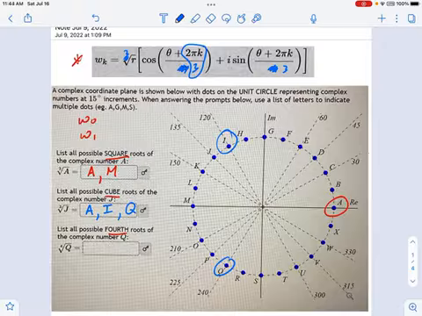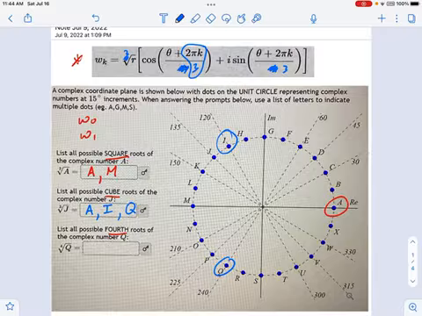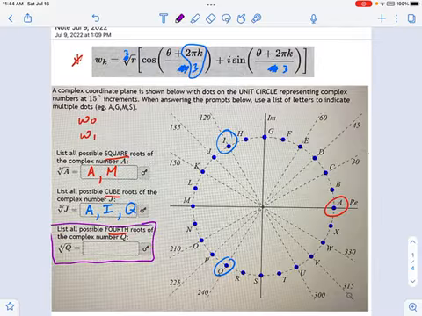Okay, I misread the problem. I was taking the cube roots of A. Sorry about that, but you see how it works with finding angles. I guess you'll have to do J on your own. Let's do this last part. What is the fourth root of the complex number Q?